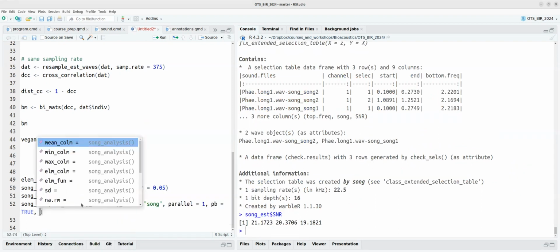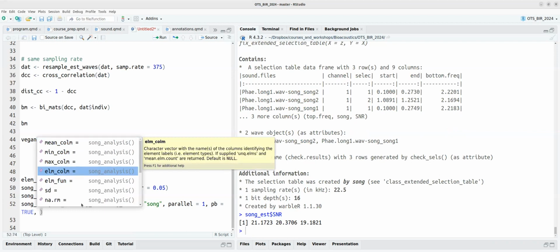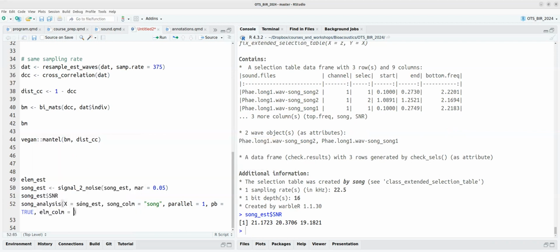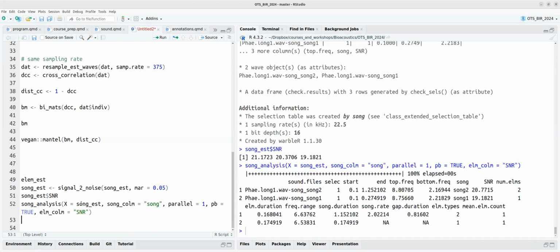And I can ask this to give me the mean of SNR. I think it works like this. For by song, so the mean across all the units of that song. And then you get that on top of the other measurements at the song level that I showed you before. It will summarize any column that you add here to the element column